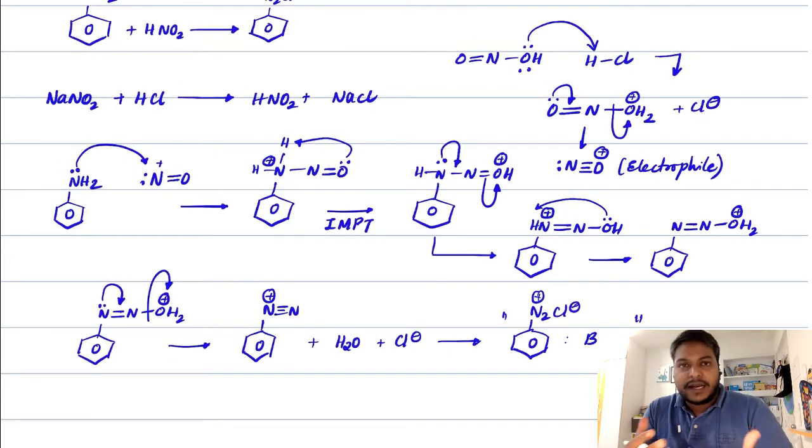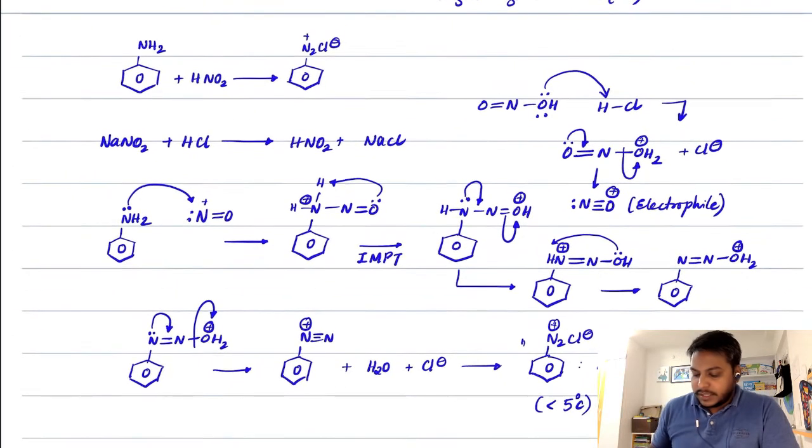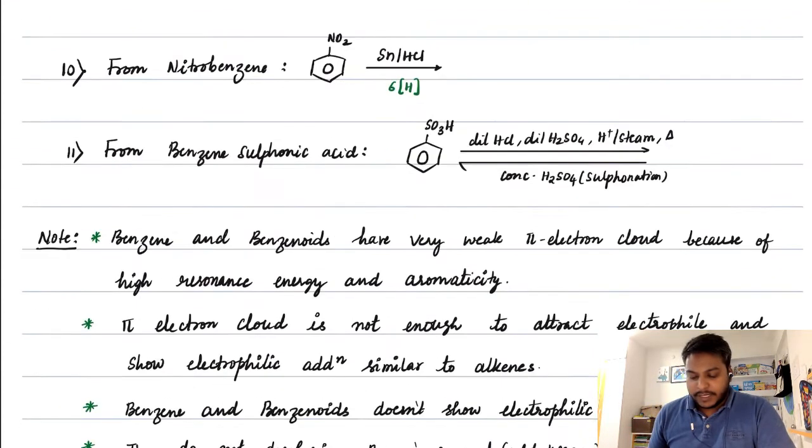See, normally alkyl diazonium salts are highly unstable, but aromatic diazonium salts will be stable when they are maintained at less than 5 degrees centigrade. If they are maintained, this diazonium salt will be stable. Clear? So I hope you got a gist of this mechanism, like what exactly is happening. And once you get the benzene diazonium salt, there are a lot of reactions. One reaction which we used is to prepare the benzene out of it. Clear, students? So I hope all of you got that idea now.